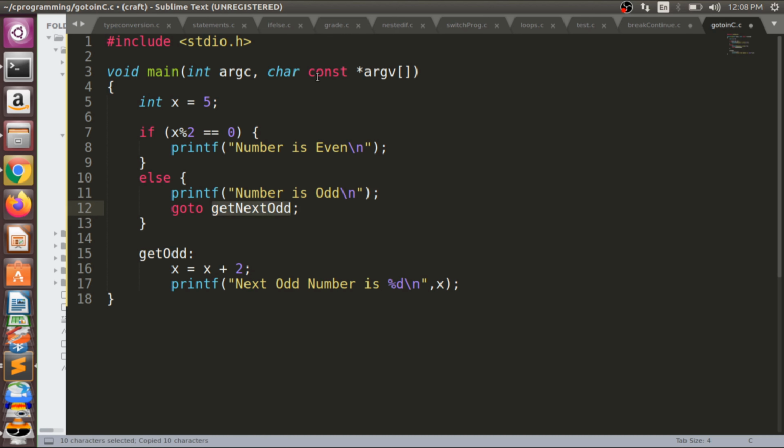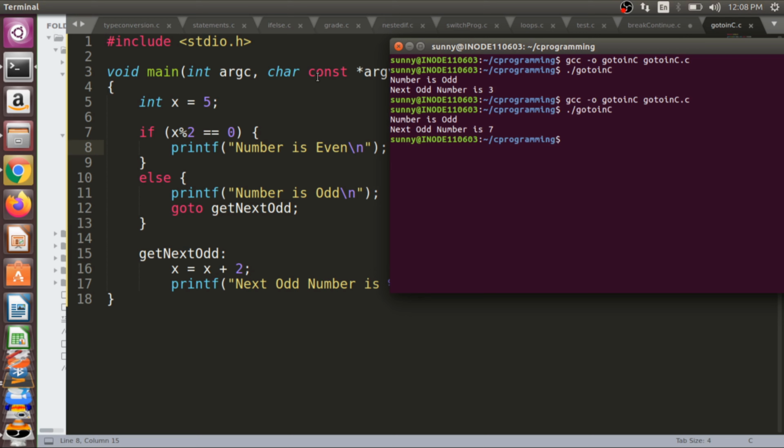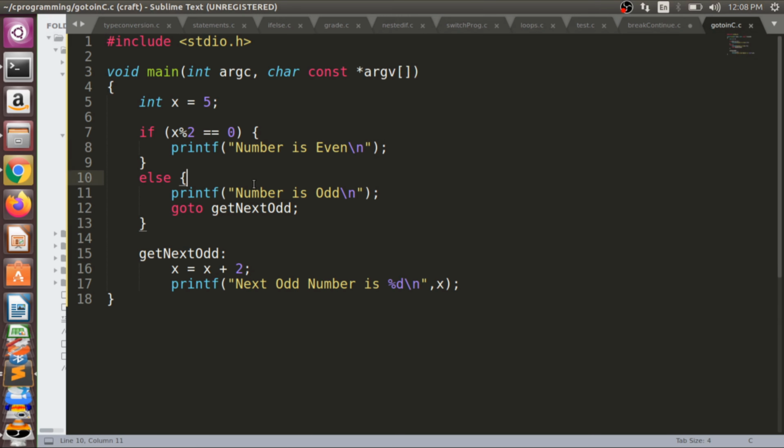So this is here. How is this program executing? We have number is odd, next odd number is 7. How are we doing this? We have 5, and if we divide 5 by 2, the remainder will be 1.